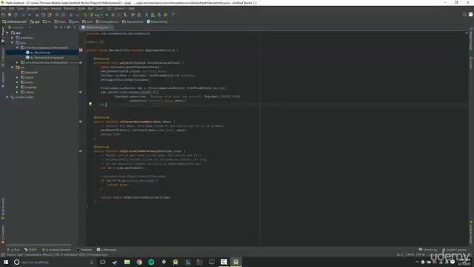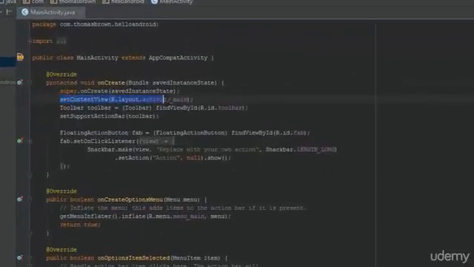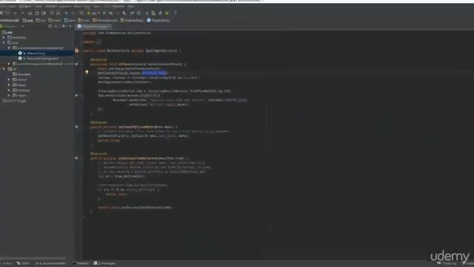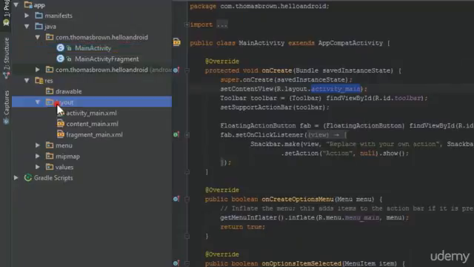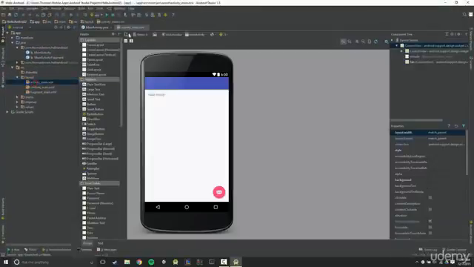And you'll notice that this particular line, setContentView, is pointing to the layout file that is associated with this particular activity. It says R.layout.activity_main. If we follow this directory, it will lead us to that layout file associated with it. So if I go to layout and then activity_main, you'll notice that it now opens to a sort of